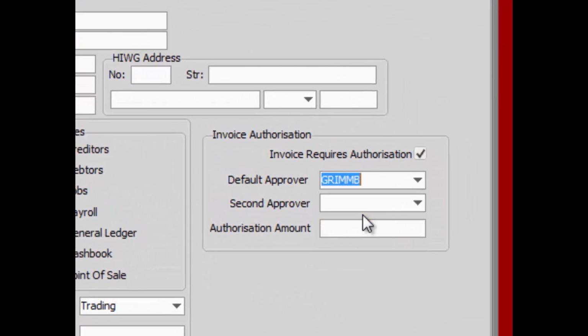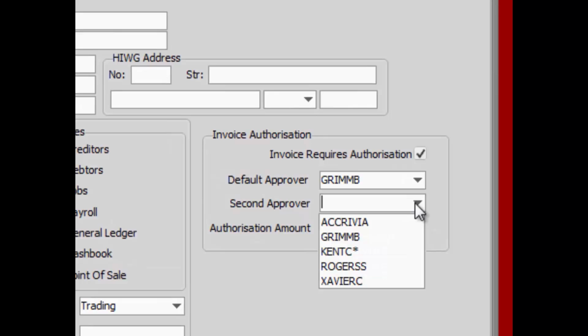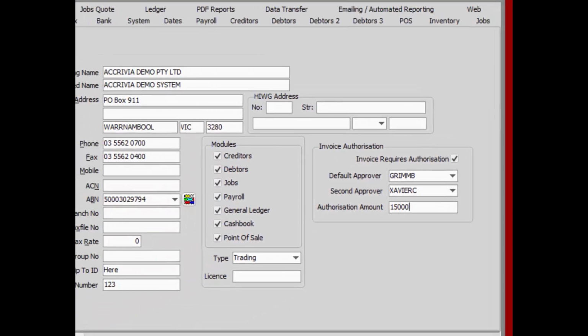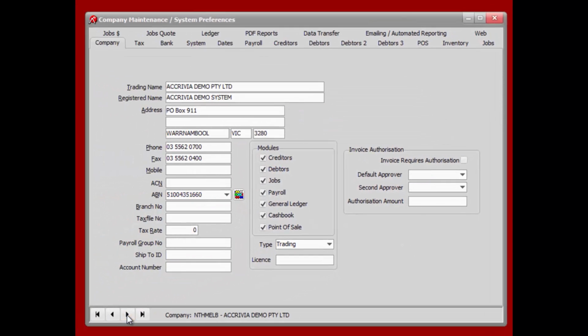video. The first thing I want to talk about is that when we set up a company, a division, a branch in the Accrivia system, we can have a default as an authoriser for invoices. We can also have a secondary and an amount. So you might have a system where anything above $50,000 needs to go through the financial controller's approval before we actually want to see it paid. That can be done simply by stipulating that amount and stipulating that person in there, and that's at a system